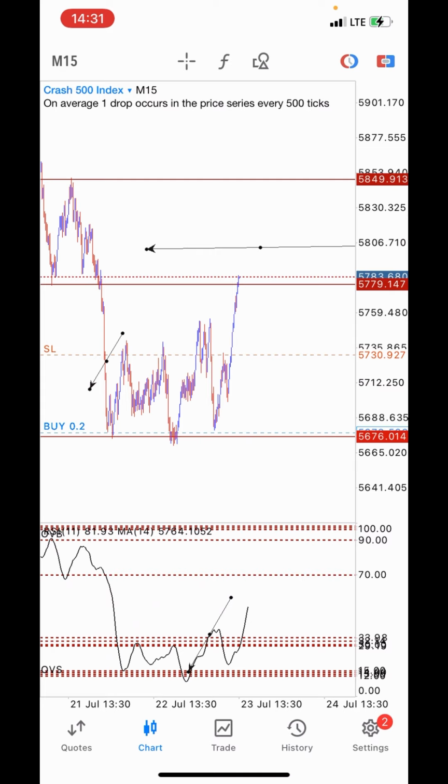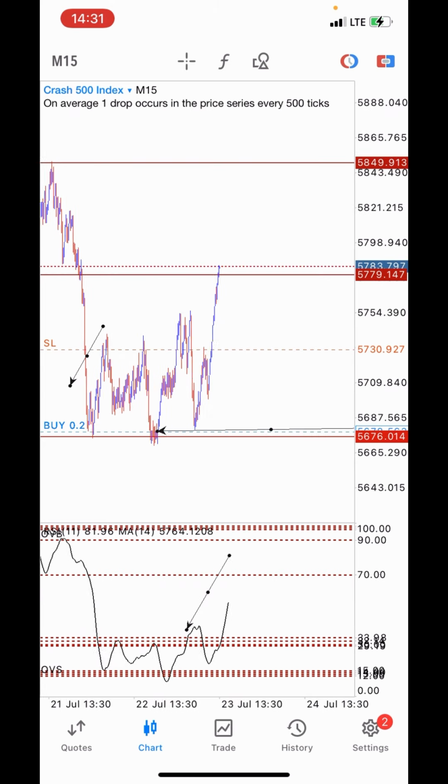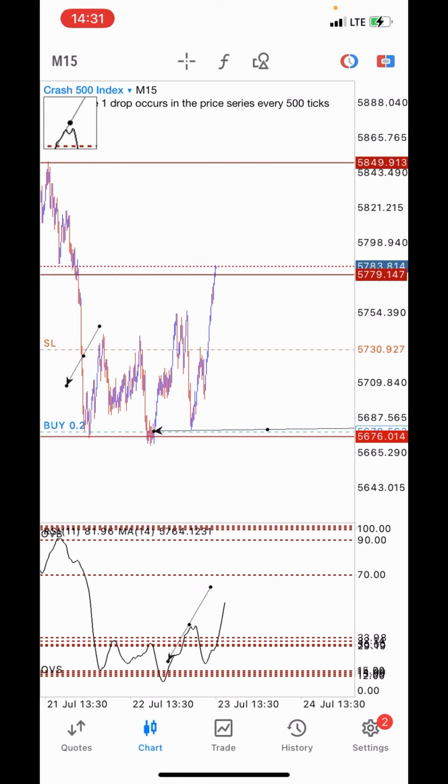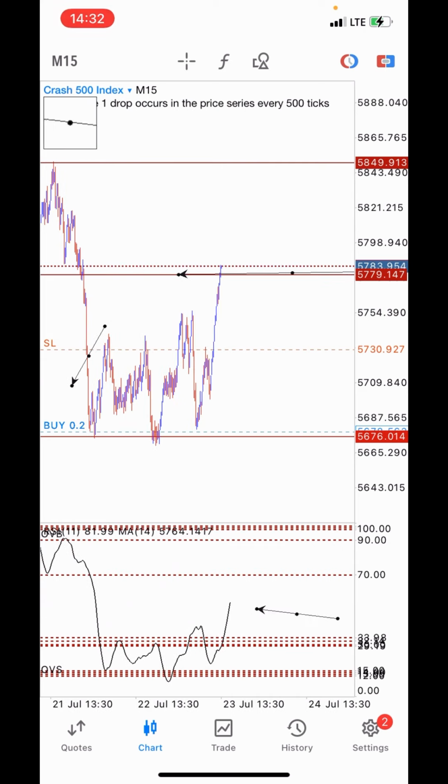All right, so that's exactly how to use this strategy. Apply your support and resistance when you see price on a support zone and you see it at your oversold. All right, place the trade, set your stop loss, and wait for reactions and see how it works. Okay, if you see price at resistance and you obviously notice that your RSI is at overbought,